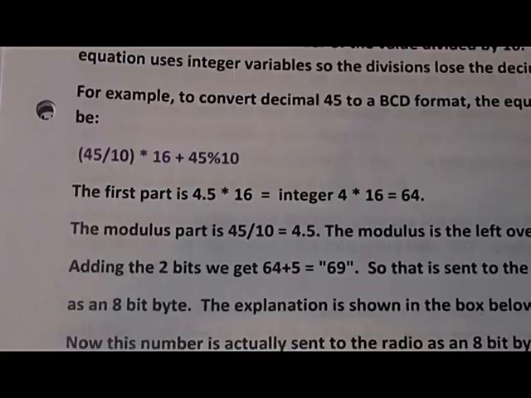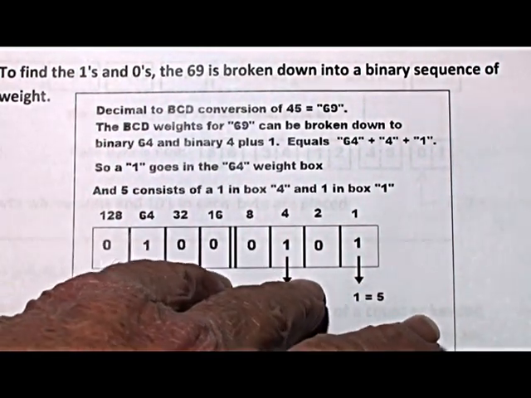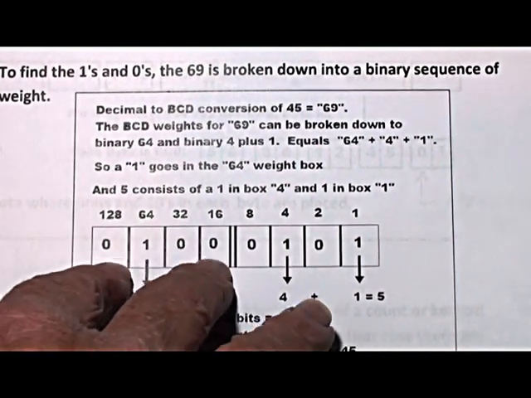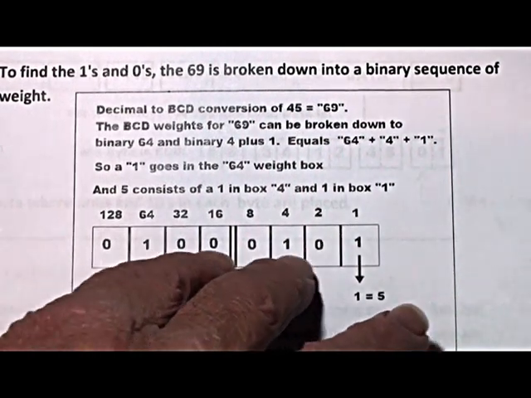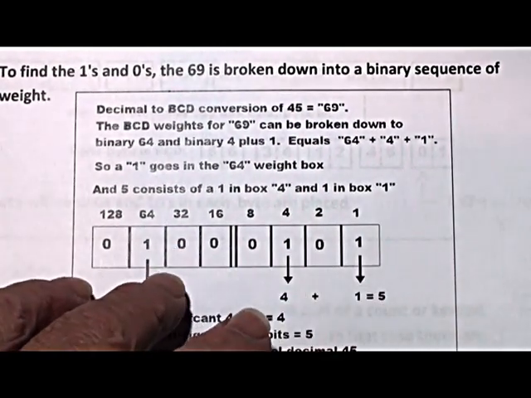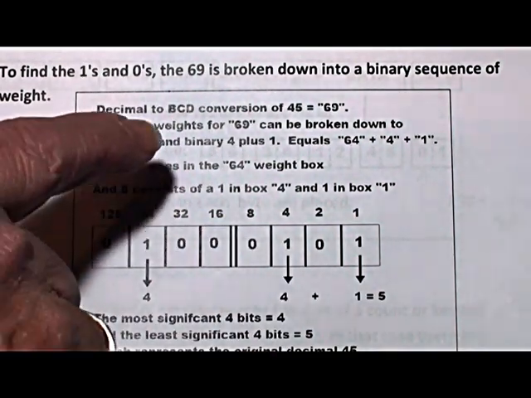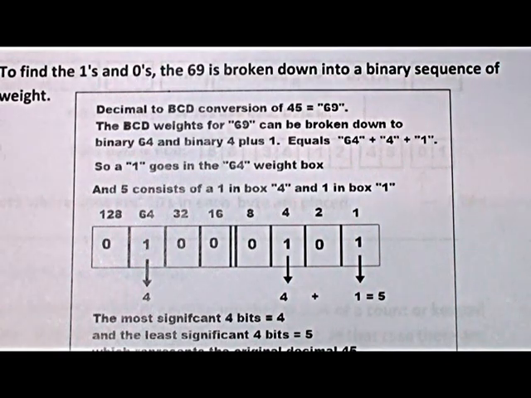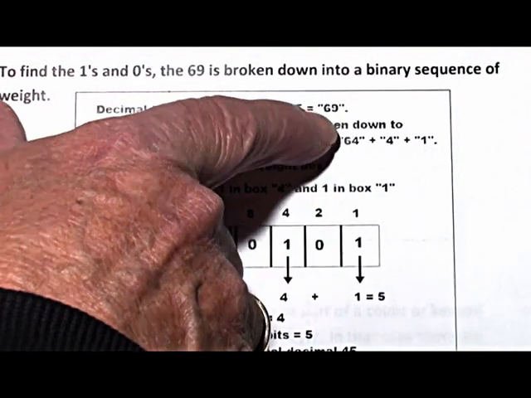So what do we do with that? Now as far as the radio is concerned, it wants an 8-bit byte, and the 8-bit byte is broken into 2 halves, 4 bits here and 4 bits there. One of the digits goes here and one of the digits goes there. The radio just wants 1s and 0s, it doesn't want numbers. So we take the 69 and we're going to prove that it actually equals 45 as far as the radio is concerned. And the way that works is 69 consists of